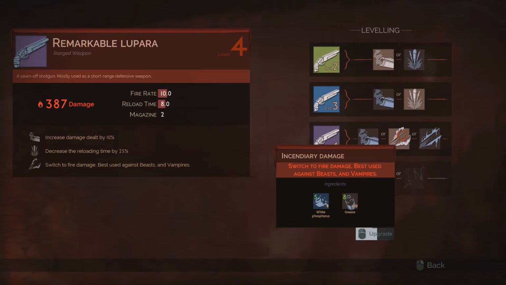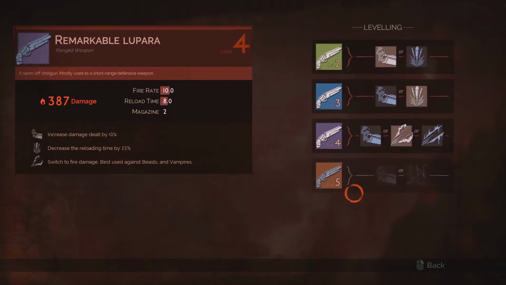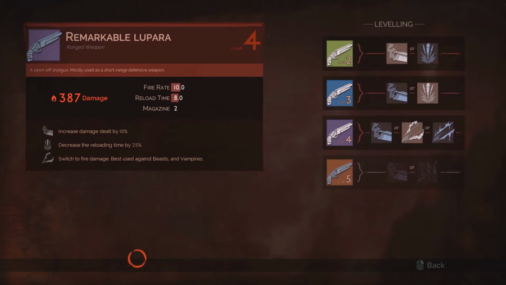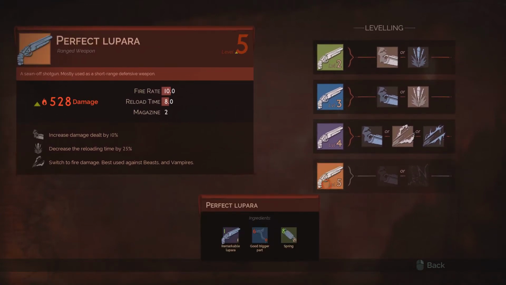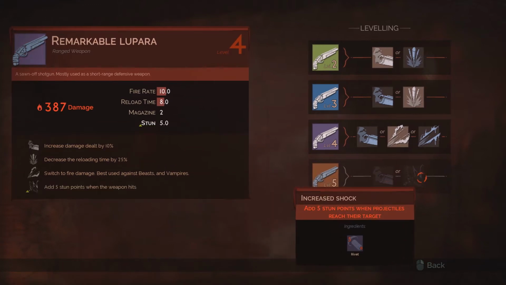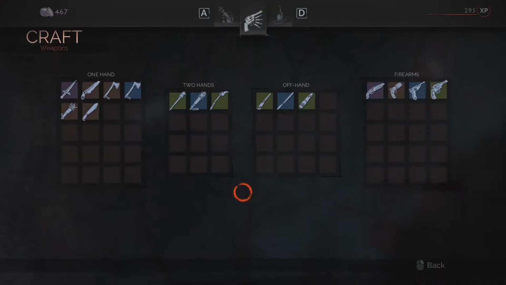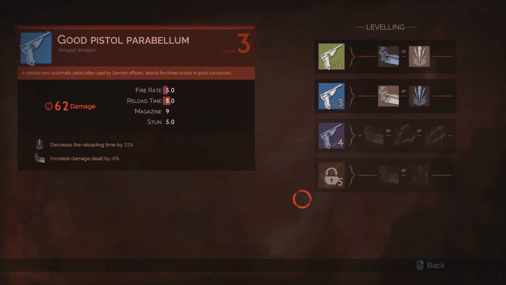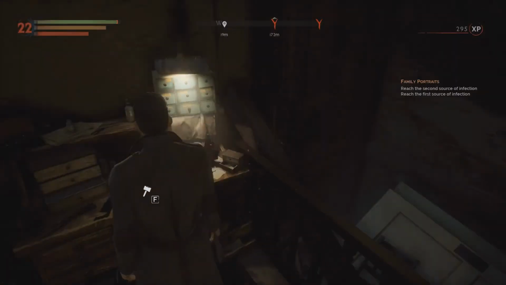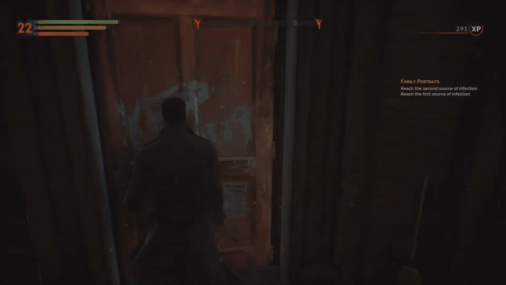Incendiary damage? Oh hell yes. Now, 387 damage from that shotgun. And when we finally get it to level 5, it will go up to 528. Oh, this is going to be a lovely toy to have. Of course, we need more handle parts to upgrade anything else, so...